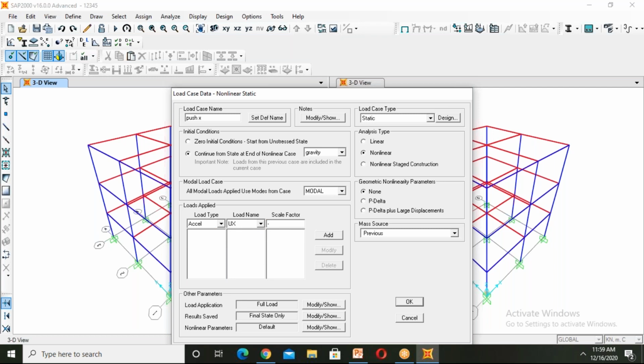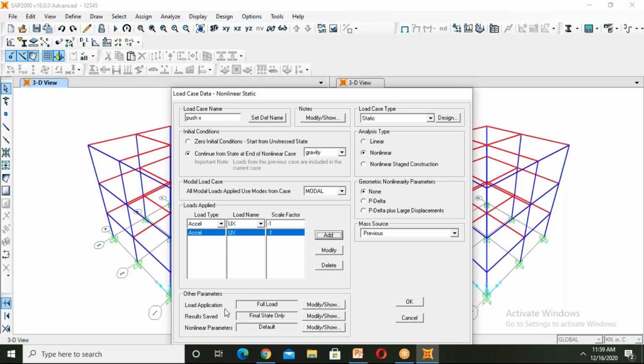Then the scale factor should be -1, because if the scale factor is 1, our pushover curve will come on the left side. If our scale factor is -1, our pushover curve comes on the right side. So we have to add.